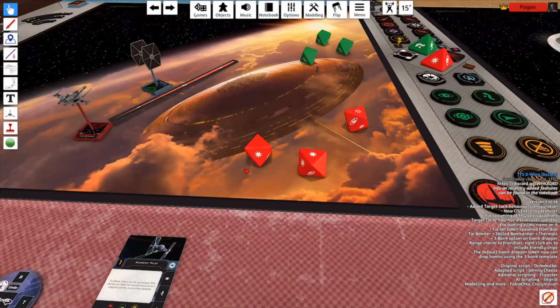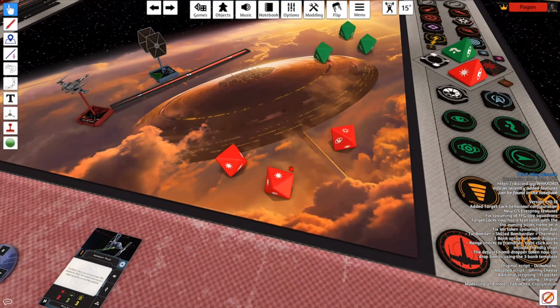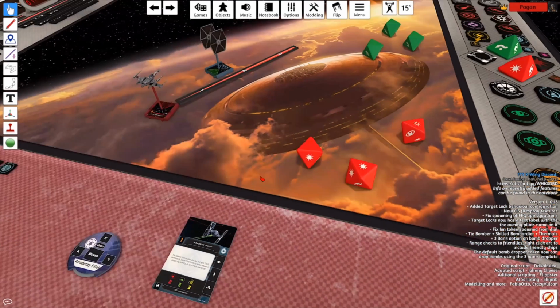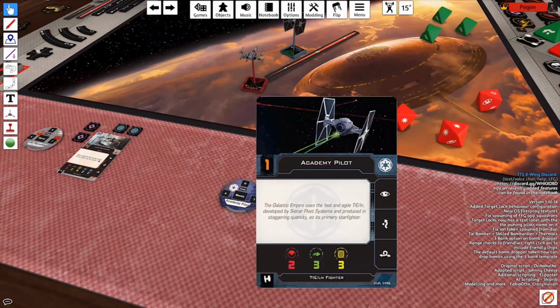Okay, so then at this point, Rob would play any cards he would have to modify my dice. I roll, he plays some cards to modify my dice roll, then I play cards to modify my dice roll again. So for the sake of the example, I have a hit and I have a critical hit. The TIE Fighter,